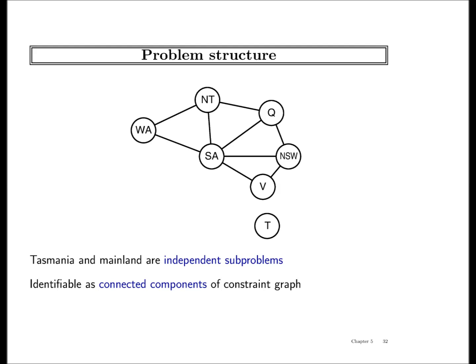No point in doing one search over this whole set of variables, because these constraints and these constraints are not talking to each other; they can be solved independently. And if you do that, that will be immensely valuable. For example, instead of doing d to the n, if you have two problems with n over 2 variables, what will be the time complexity? Two times d to the power n over 2, which is really, really better.